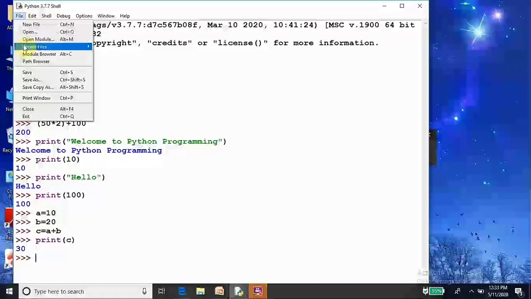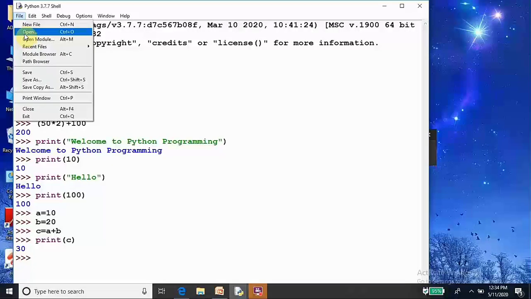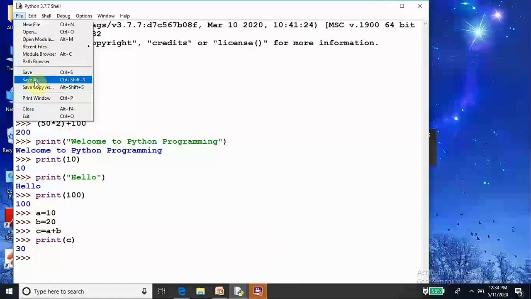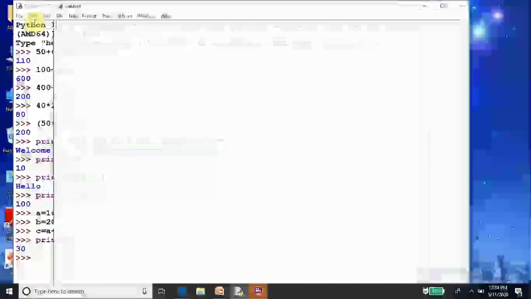You can see these options: new file, to create a new file; second option, open, which will open the previously saved files and execute them; and these are the options save, save as, to save the file in the computer's memory so that you can use it again and again or for the future. Okay, so I am going to use the first option, new file.